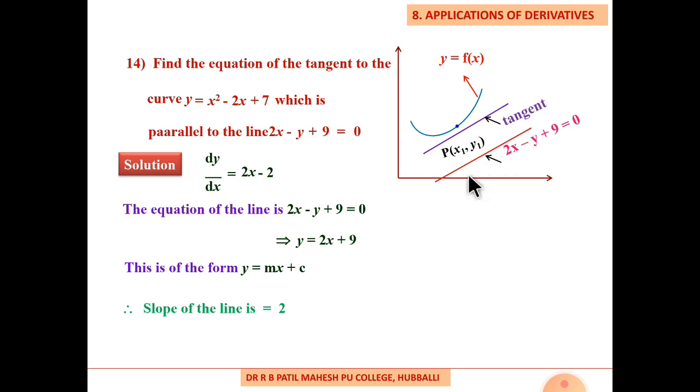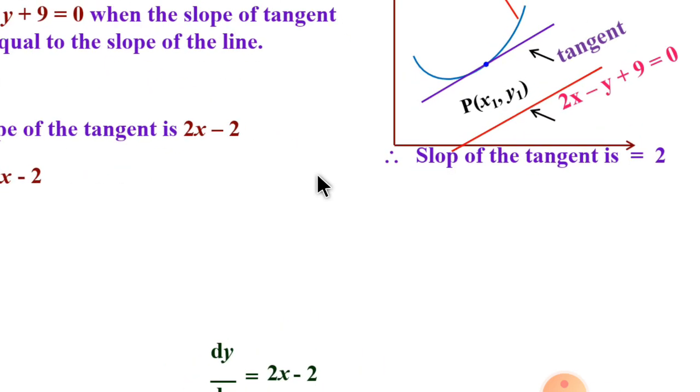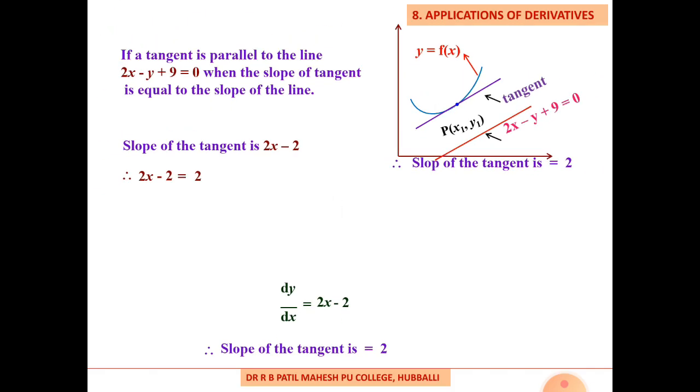So slope of the line is 2 means the slope of the tangent also will be 2, because these two lines are parallel. When two lines are parallel, then their slopes are equal. Therefore, slope of the tangent also will be 2. If a tangent is parallel to the line, then the slope of the tangent is equal to the slope of the line. Therefore, slope of the tangent is 2x minus 2, so 2x minus 2 equal to 2. Now 2x equal to 4,